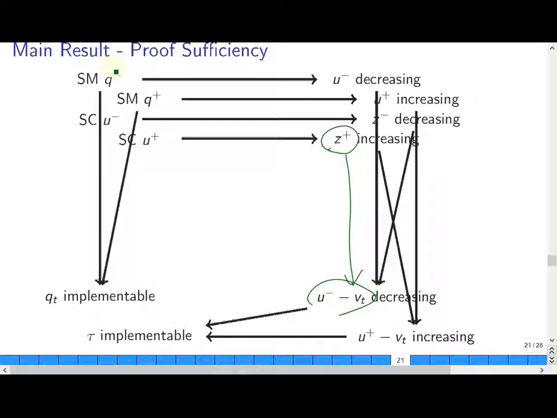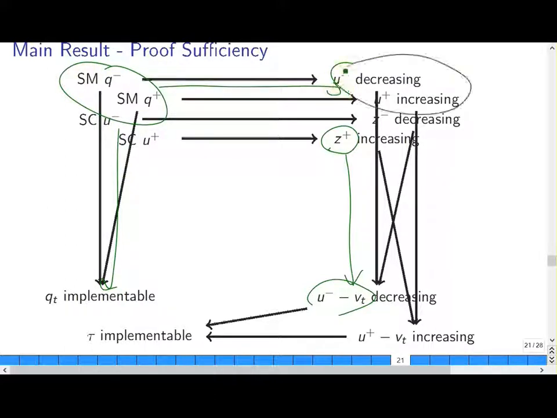As before, the Spence-Mirrlees condition implies implementability, and it also implies the monotonicity of the utility function. The utility function is not the original utility function; here it is the utility function after the terminal Qs are implemented. So after they are implemented, they must be monotonic. And something that I found is that combining the monotonicity, say for the plus side, combining the